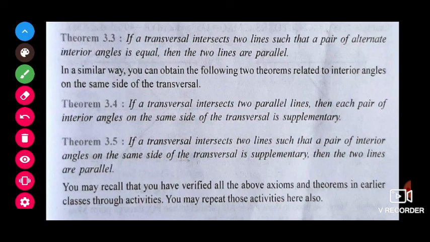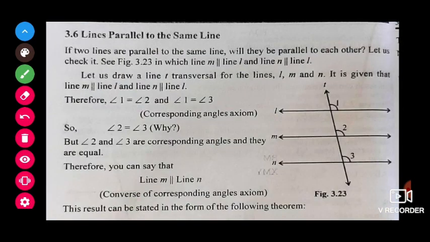It's just the reverse. Just now we said that if the lines are parallel, then the interior angles on the same side will be 180. If the angles on the same side of the transversal sum to 180, then the two lines are parallel. The same concept only. If you learn what all are equal and what all are supplementary, these are all theorems, the same thing only, from first to last and last to first, as if we are going this side and coming back. In the same way we will see.